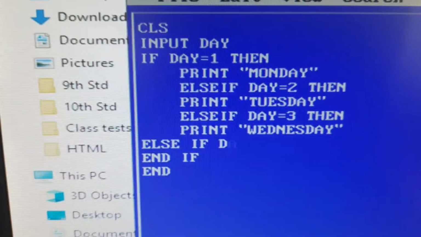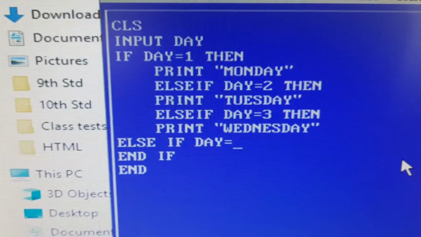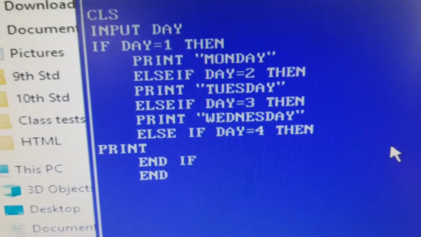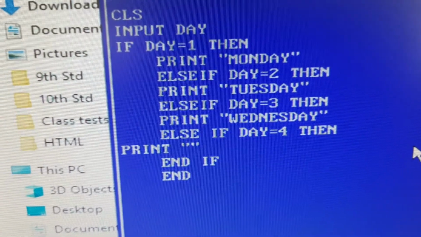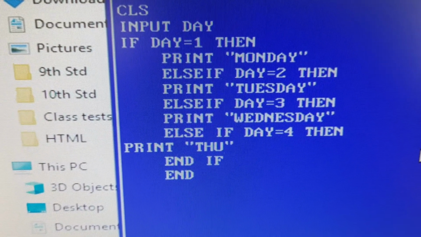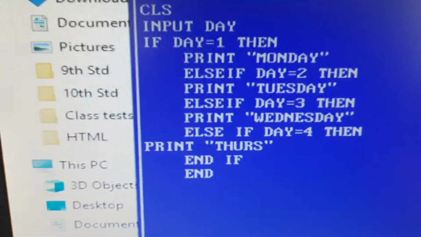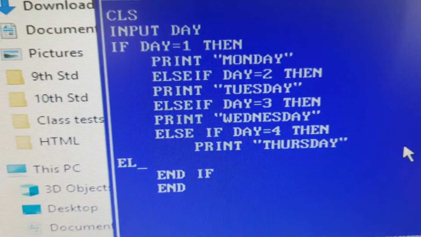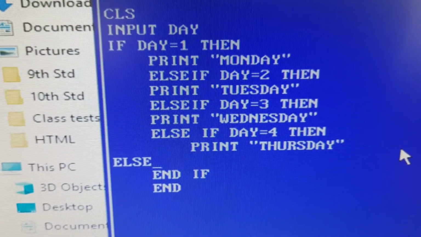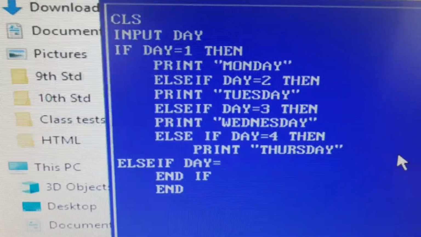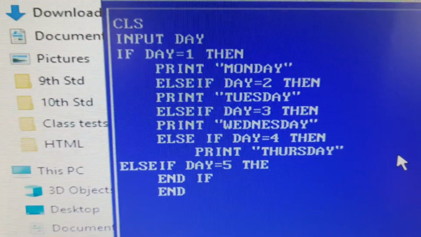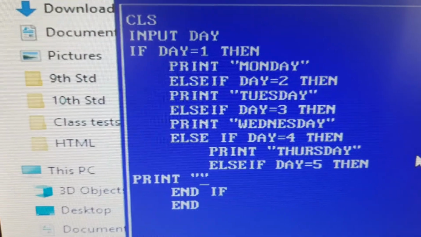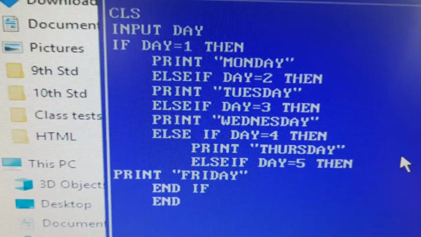Else if day is equal to 4, then print Thursday. Else if day is equal to 5, then print Friday.